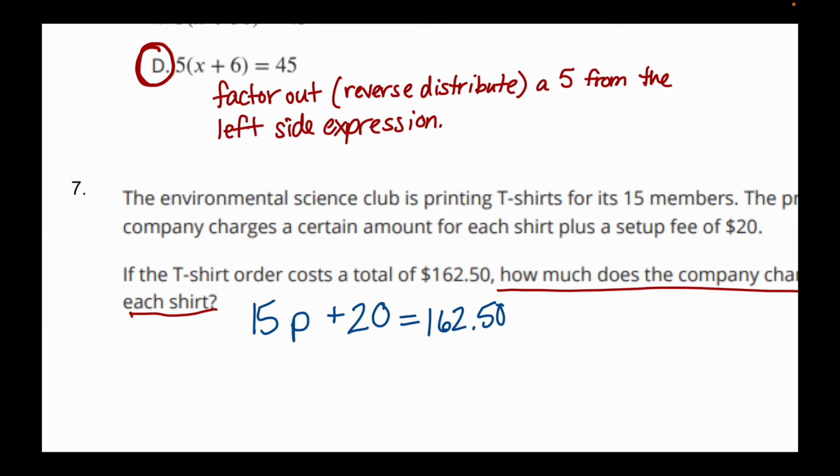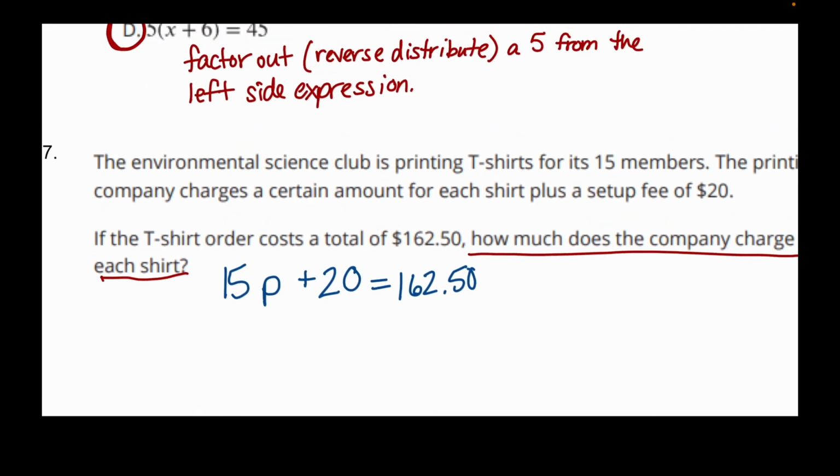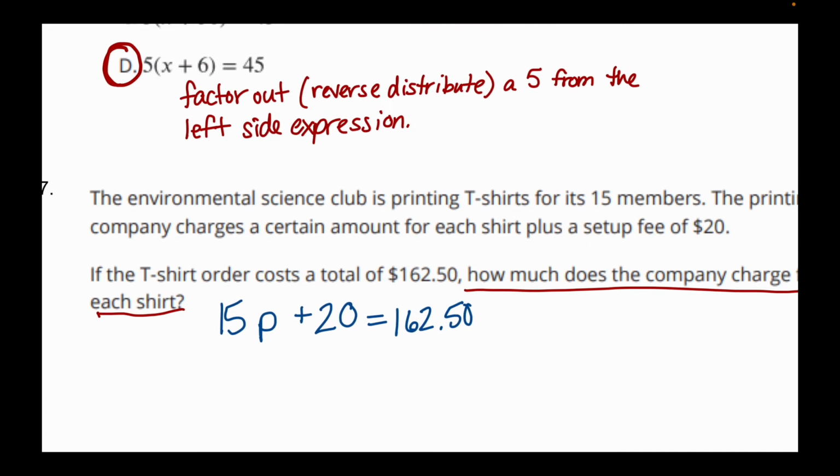So, using a calculator, or just some mental math, but I always like to check myself, especially so I don't make any big mistakes on the videos I make for you guys, which I make some small ones now and then that sometimes I don't catch even until later. But I'm going to start by subtracting 20 from both sides. So that would leave me with 15 times the price is equal to